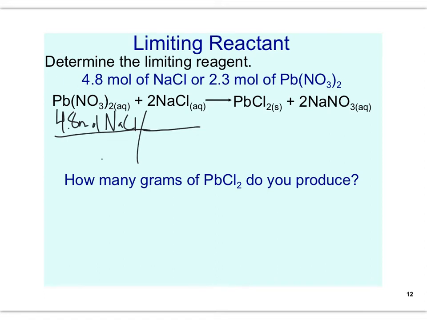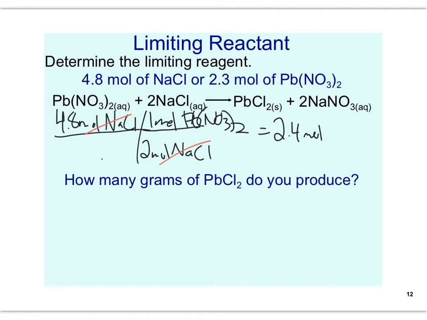So I need 2 moles of NaCl for every 1 mole of lead(II) nitrate. So I can take my moles of NaCl, cancel those out, and if we solve for this, we find that we would only need 2.4 moles of lead nitrate